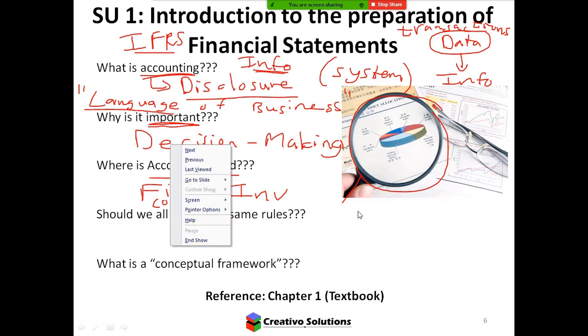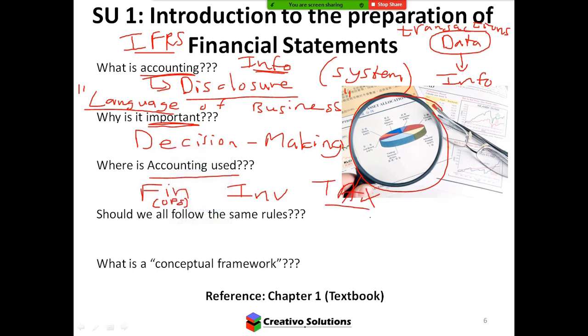Accounting is used in many areas, even tax. I don't know how many tax modules you're going to have to do in your specific BCom, but tax is another area where accounting is used. So SARS: how much are they going to tax you as a business? How much are they going to tax you as an individual? How much as a partnership, or a CC, or a non-profit, all the different forms of ownership? Some businesses get taxed more than others, so those are the things we need to consider. So the point of this slide is to get you to appreciate how important this particular course is